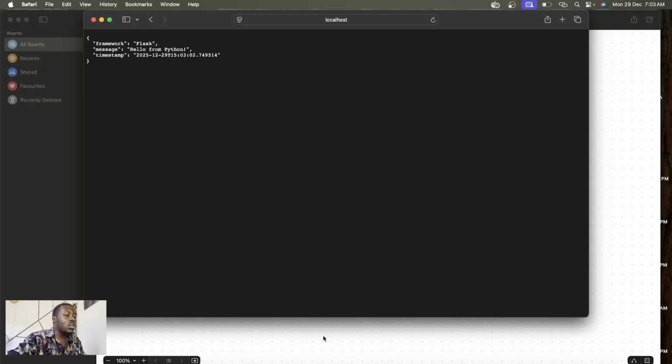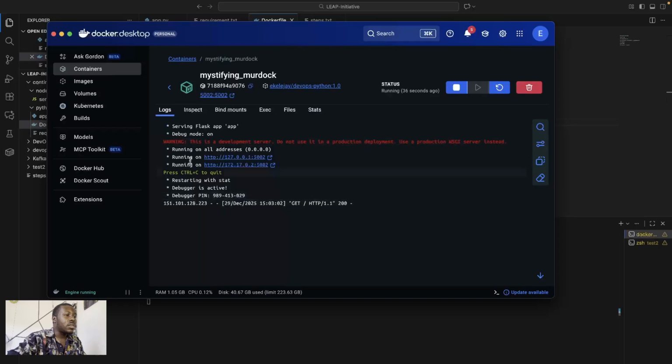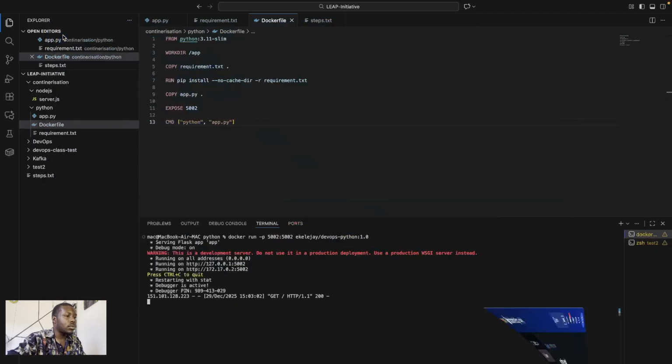To also prove that it's a container running, we can check this and we can see that a container is up and running, showing our application. We can kill it by doing this. So we've stopped the container.